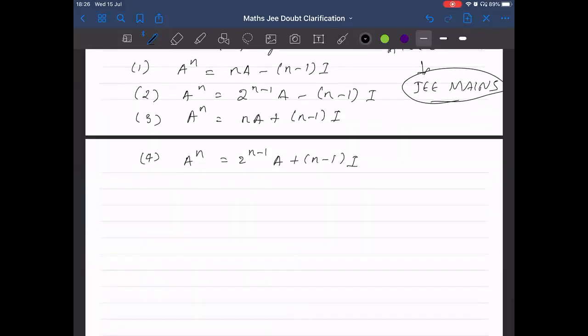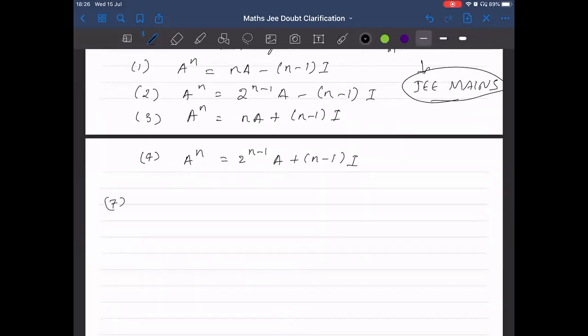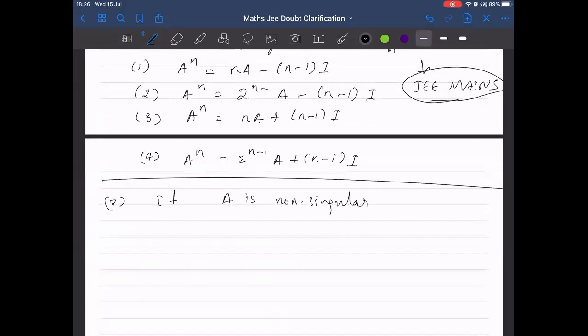Yeah, so we have some slightly different model. I think these are the silly questions only, but we have to cover them. If A is non-singular and A square minus 5A plus 7I equals 0. Look at it again. They have given the characteristic equation. Then what is I equal to? You already have an idea, sir, what is this? Simply you send A square minus 5A to that side. That's it, you got the answer.